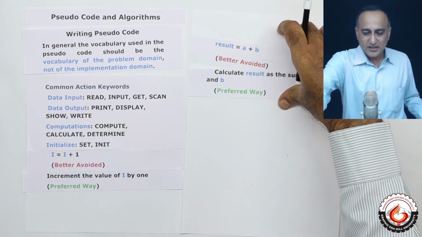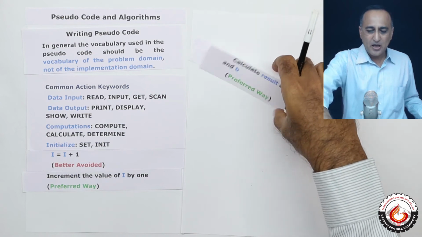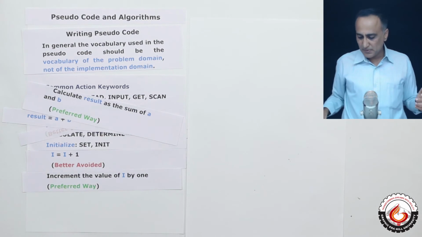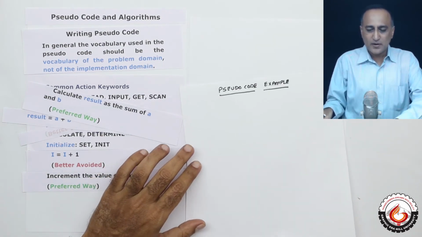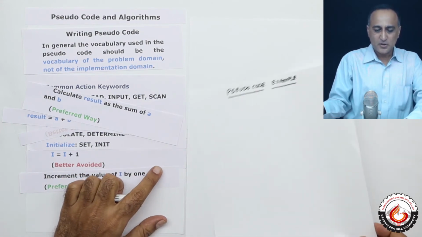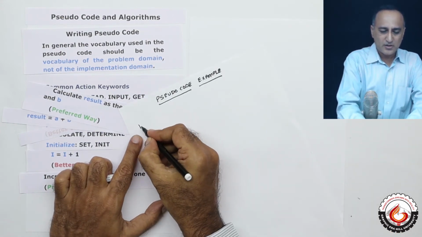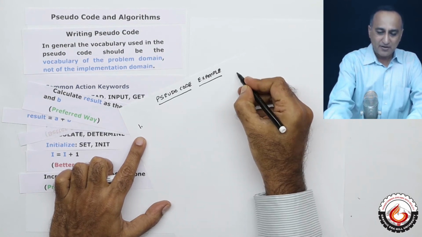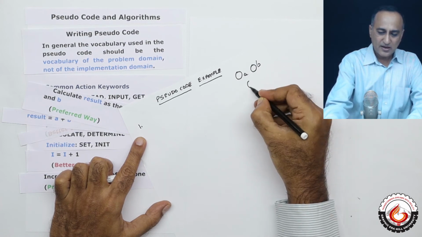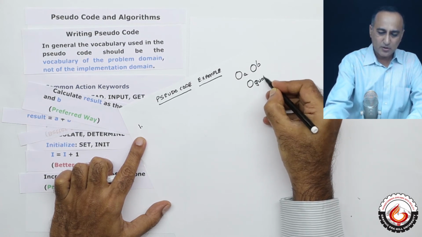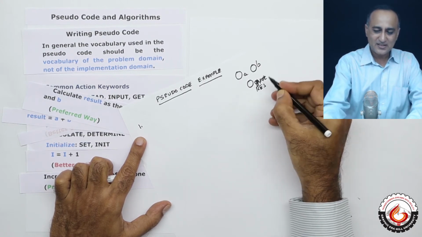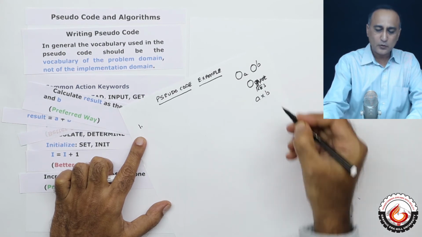Now this is all theory, but let me show you through an example how we can write a pseudocode to, say for example, multiply two numbers. So if I have to write a pseudocode to multiply two numbers, I'll do a series of steps. In order to multiply, I will require one variable called a, one variable called b, and another variable called result. Result is going to hold the product of a into b.